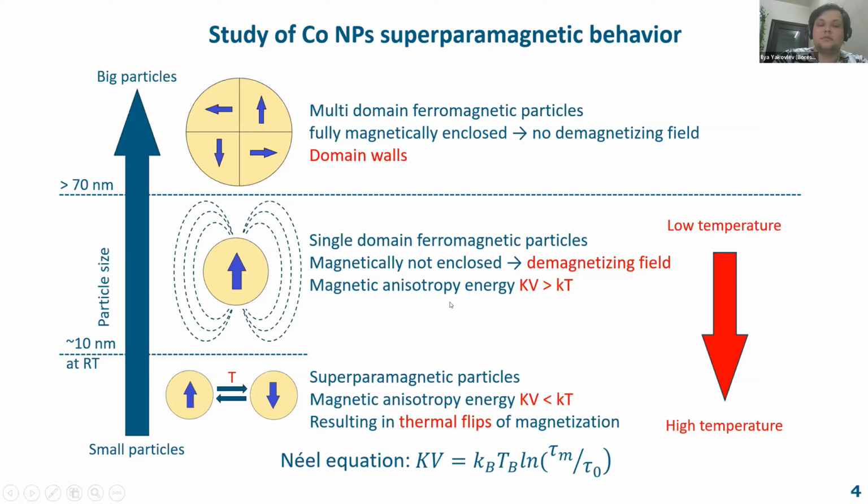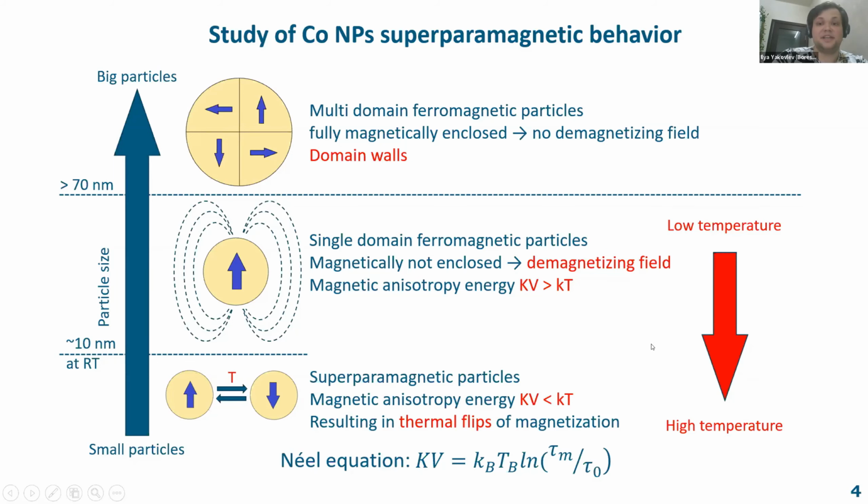And of course, in order to undergo this transition from ferromagnetic to superparamagnetic state, we can either decrease the size of the particles or increase the temperature, because such increase raises the thermal energy and the frequency of thermal flips. The behavior of such particles is governed by the Néel equation, which is basically an Arrhenius type equation for